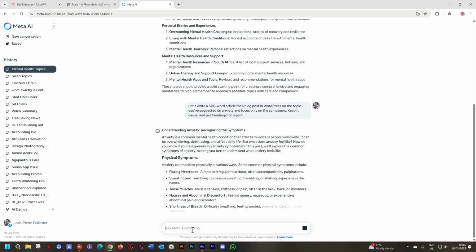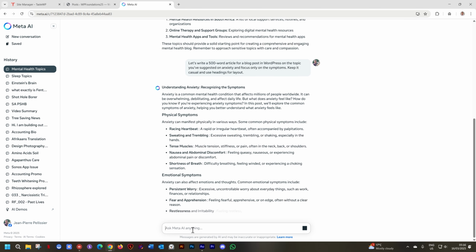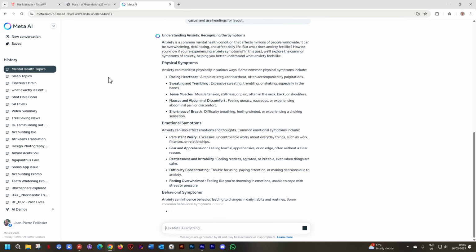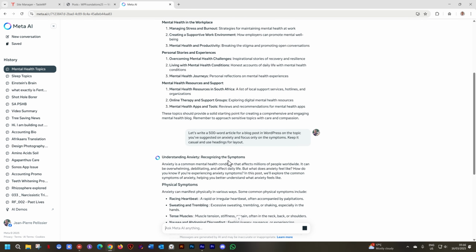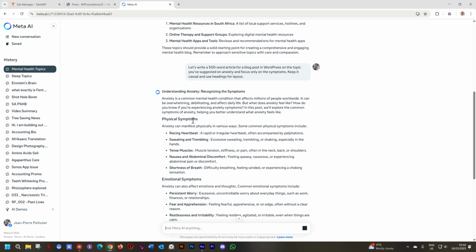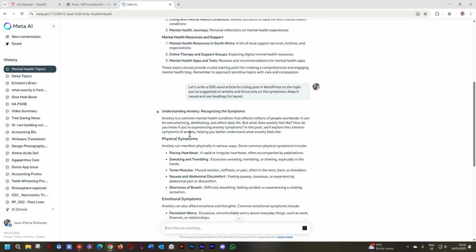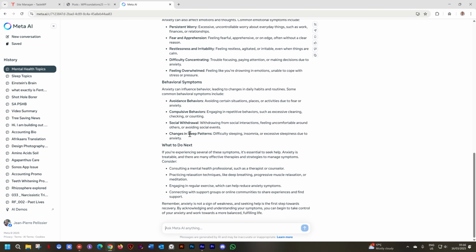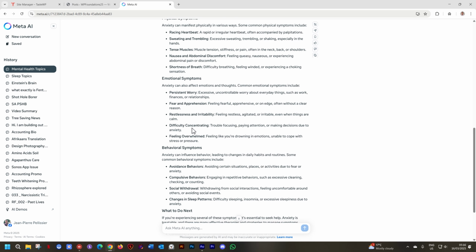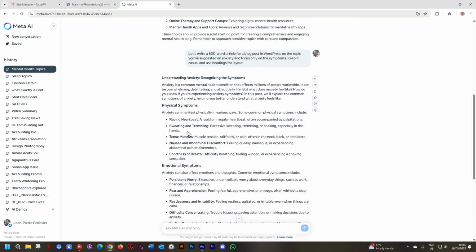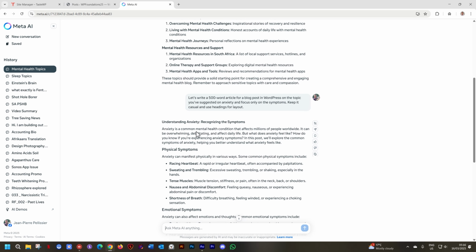And here we get, it's writing that article for me. It's giving me a title at the top. Starts with understanding anxiety. Then it gives me a little paragraph, etc., etc. And I'm showing you this because this is the process that I use if I'm creating a demo website like this. I don't have to go and create all of this content by myself, but it looks super real. And I'm also giving you a tip. You can start creating weird websites by just using AI.